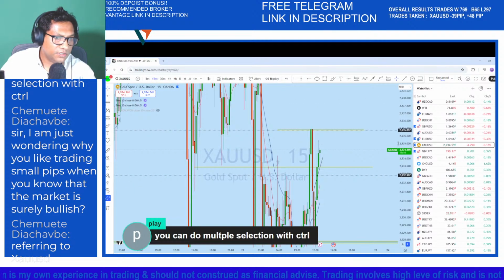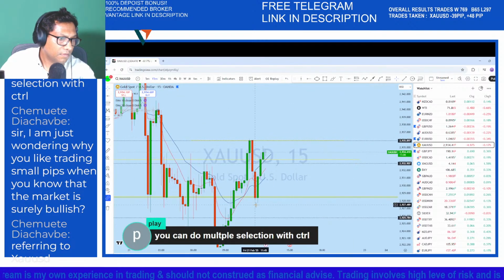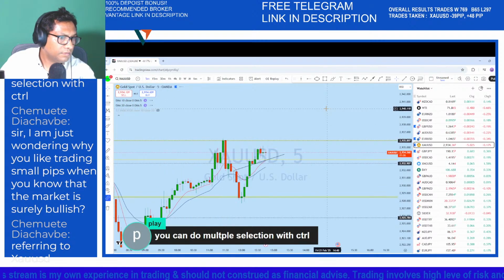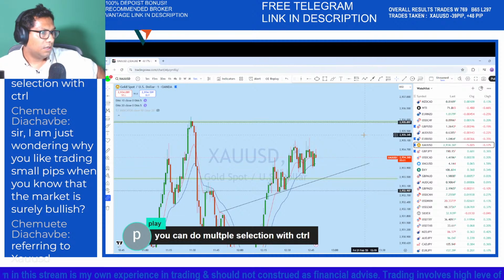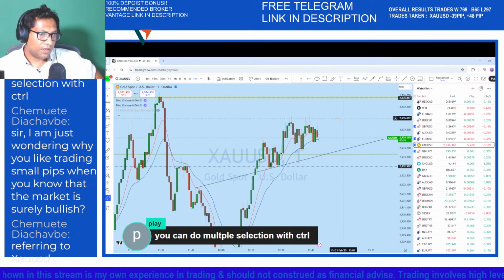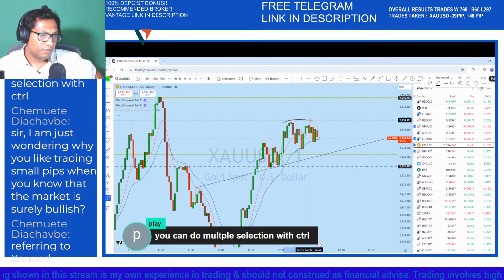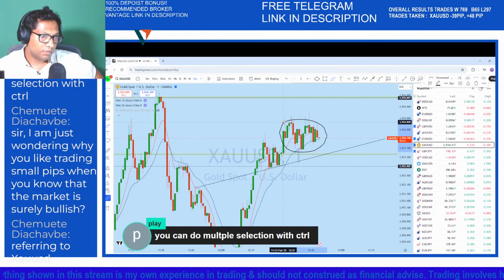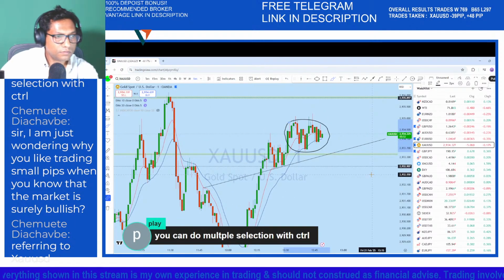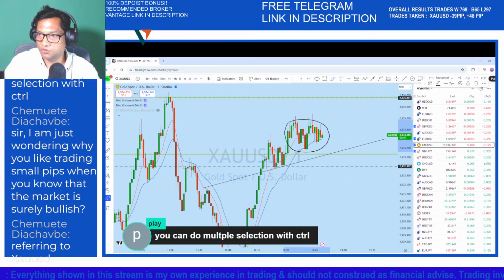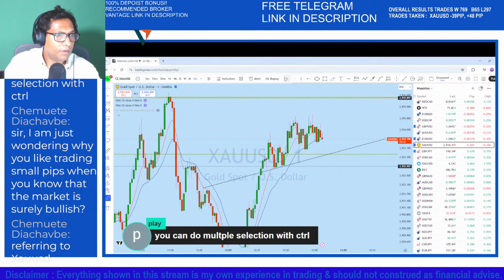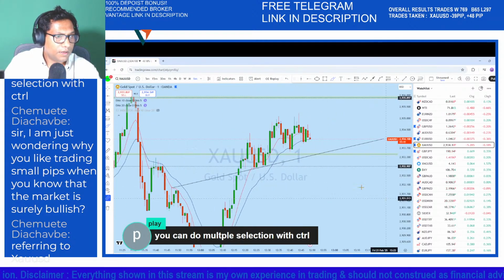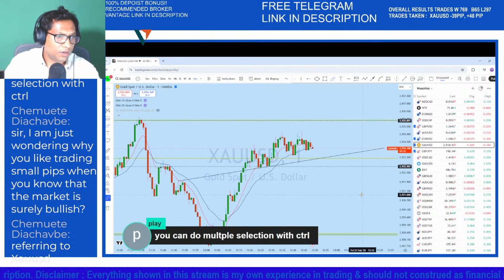Okay, so here is 1 minute again on XAU USD, structure formation here. So very nice structure formation here. Now from this structure to re-enter,